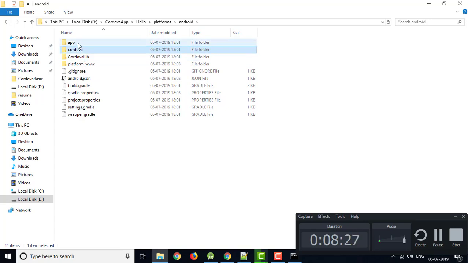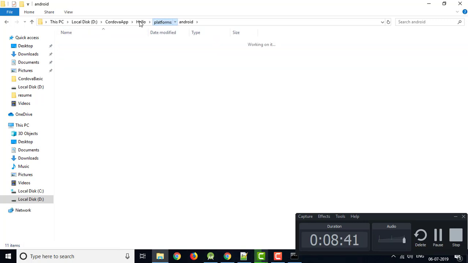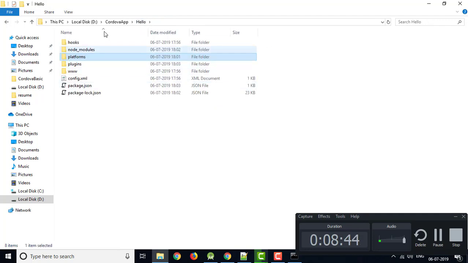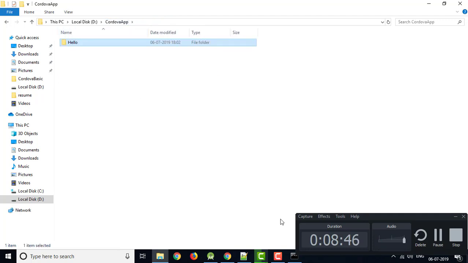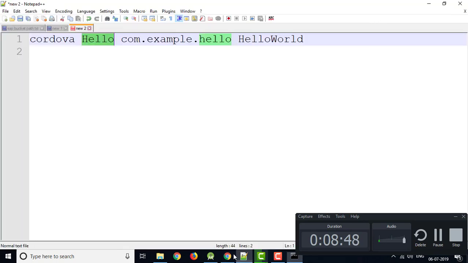So then library, Cordova app, these all are files which you can get a description of each one on the net, because if I go to explain each and every file, then it will take so much time. So now our next task is to build this application to install on my device. So to build the application, what we have to do is